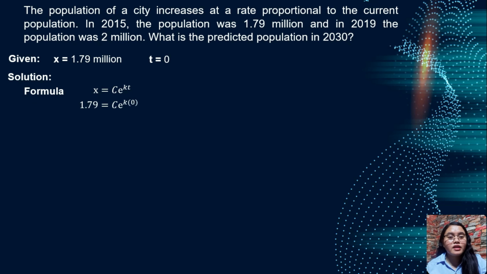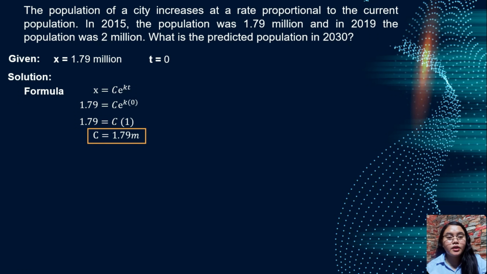So we have 1.79 is equal to c e raised to k times 0, which is our time. And e raised to k times 0 is just e raised to 0, which is equal to 1. So we have 1.79 is equal to c times 1,